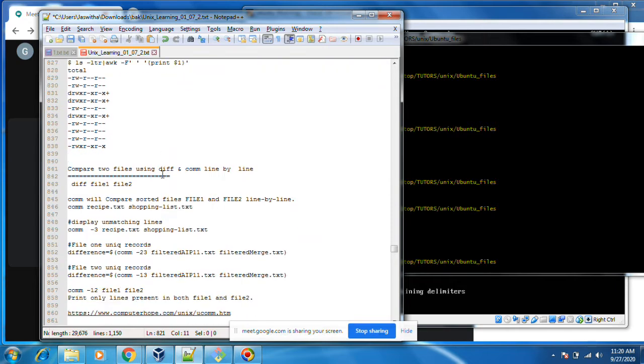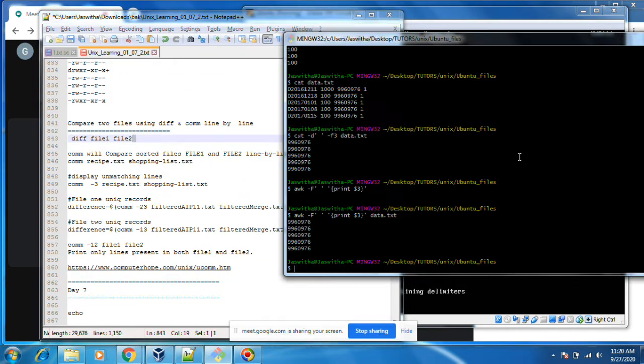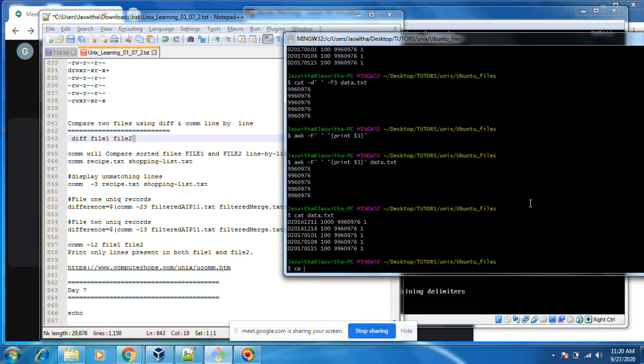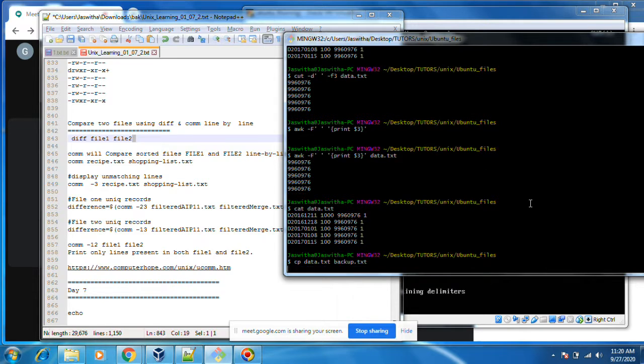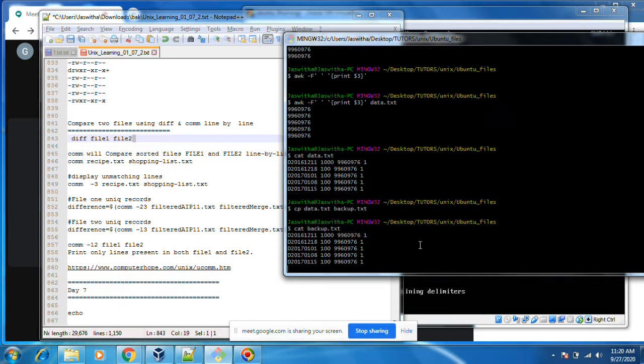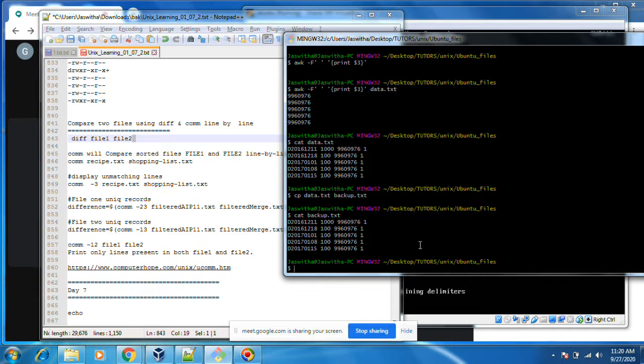Next thing is comparing two files. I have data.txt. I created one copy of that data.txt as backup, so both files are similar. I want to know whether these two files are similar or not. Use diff.